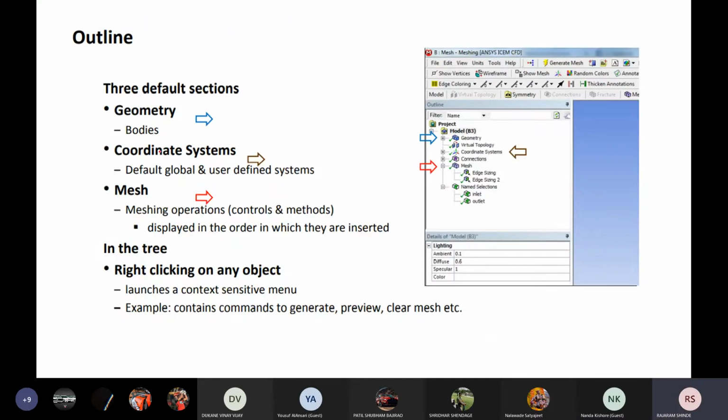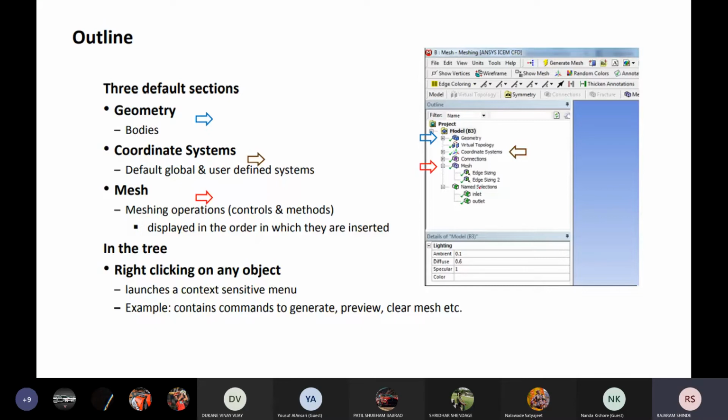Now this is the outline of the mesher window, or meshing window. It has three default sections. First one, you see here, is geometry, virtual topology, coordinates, connections, mesh. After that you will get the mesh, different options which we have used for meshing, or mesh attributes, you will get here.